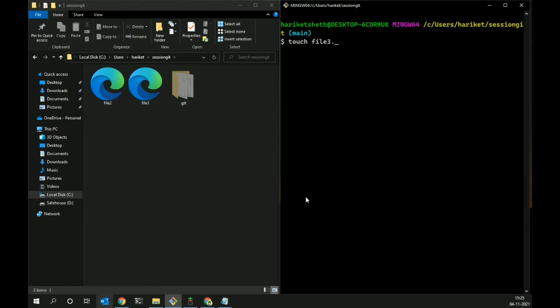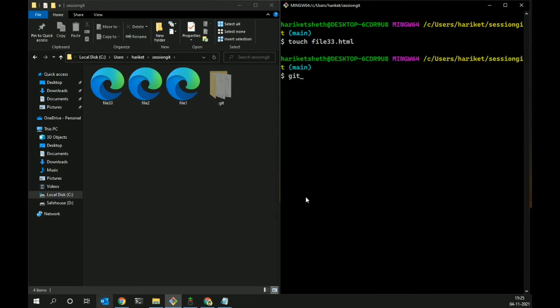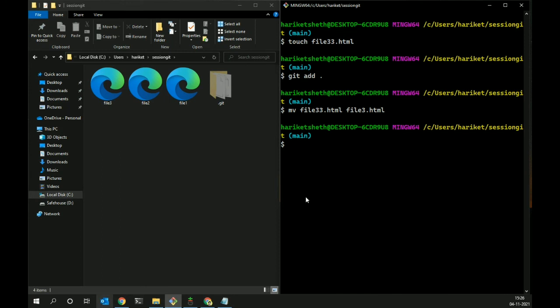And now let's also clarify one or more commands. Suppose we did this and we also added this to the staging area. Now you feel that we have made an error in naming the file. So what you can use is the mv command, and you can specify the old file name, and then you can specify the new file name. I wanted to name it file3, but I mistakenly named it file33, right? So this is the command which you can use for changing the file name. You can see before it was file33 and now it's again file3.html, right? And now you can commit it, right? So this is one more command which you should know, which is mv.